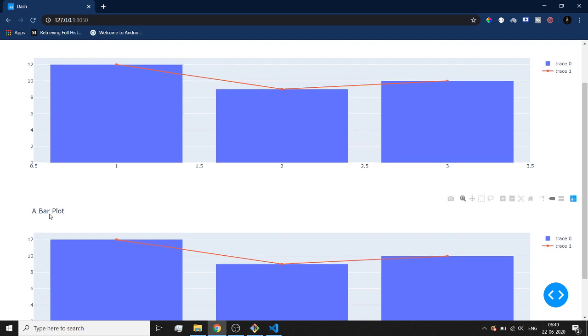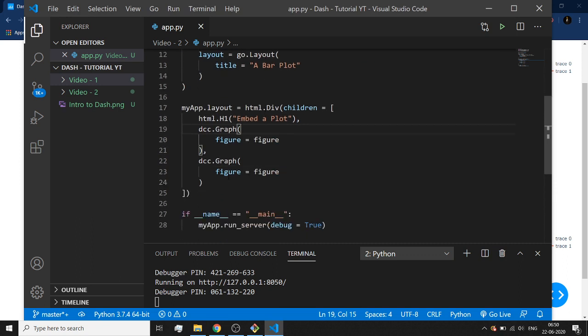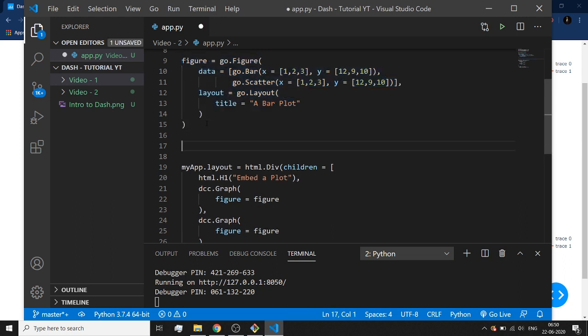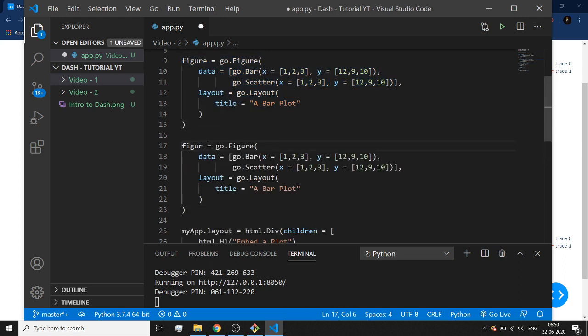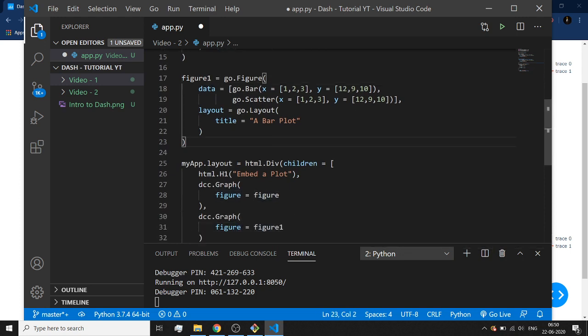Okay, now we can customize this second figure the way we want. So in the second figure, obviously I cannot customize it separately because the name of the figure is the same. So rather what I can do is, I can just copy this figure. I can call it figure 1, and I can change a few parameters, like in place of 12 I can specify 10, and 10, 20. Okay, and here I can say second figure.